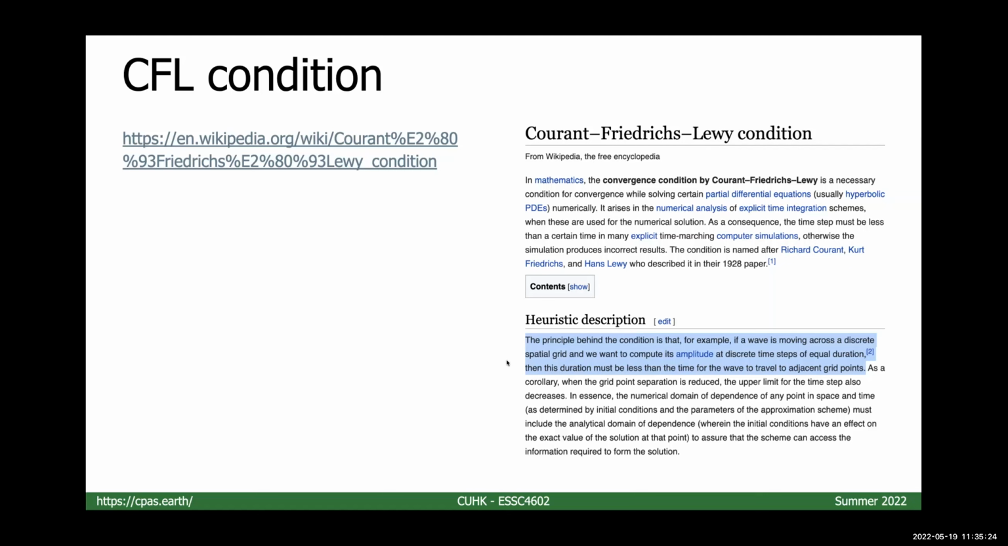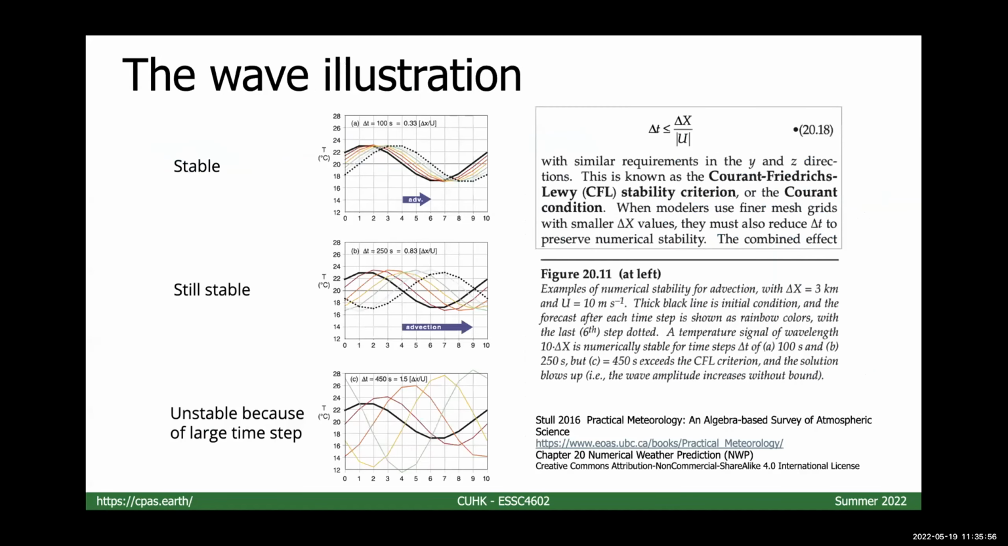So the principle behind the condition is this sentence: if a wave is moving across a discretized spatial grid, and we want to compute its amplitude at discrete time steps of equal duration, then the duration must be less than the time for the wave to travel to adjacent grid points. So this is the statement. I hope this statement already gives you some idea, but maybe you need an example to understand it